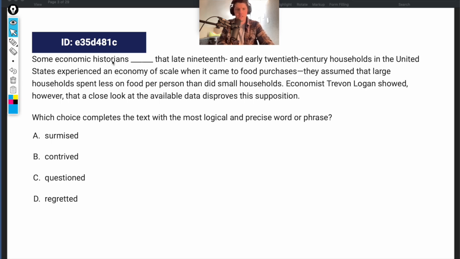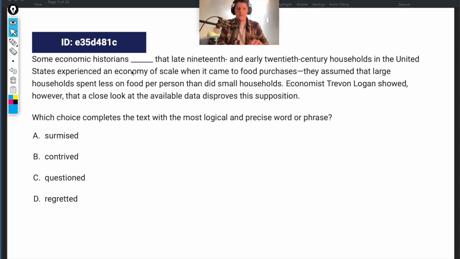Some economic historians blank that late 19th century and early 20th century households in the United States experienced an economy of scale when it came to food purchases. Let's hit the pause button and let's just think about what that says. Some experts think that during a certain time period,